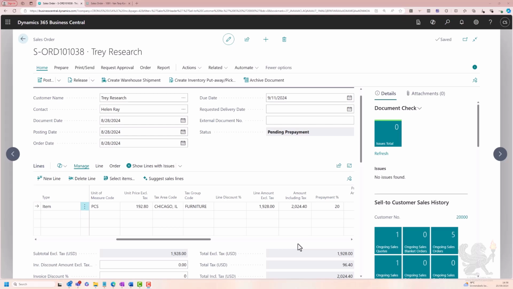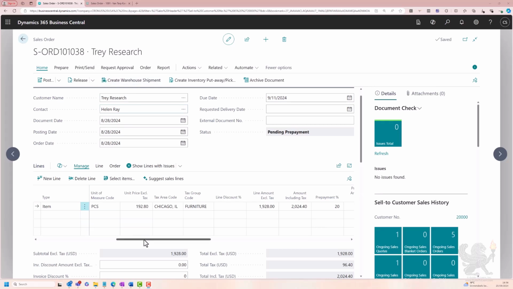On the other hand, it's also possible that a customer wants to cancel the order. As a consequence, you will also have to cancel, correct, the already made sales invoice by creating a prepayment credit memo. So let's demonstrate this with a specific example, and for that there was already a sales order created for